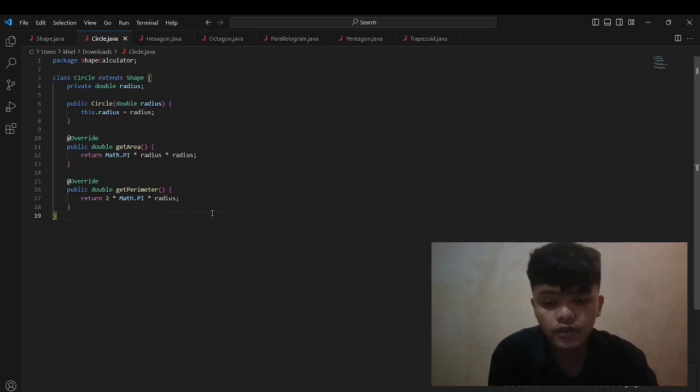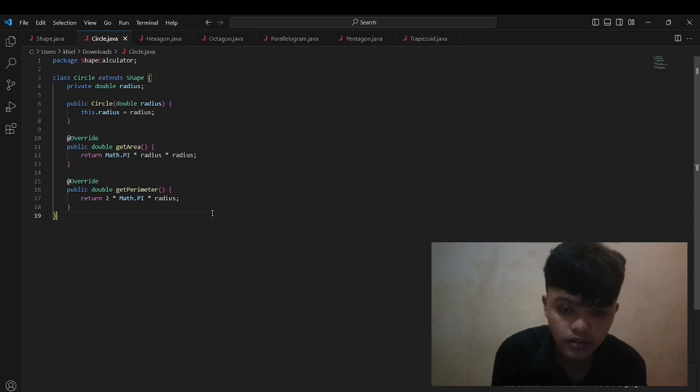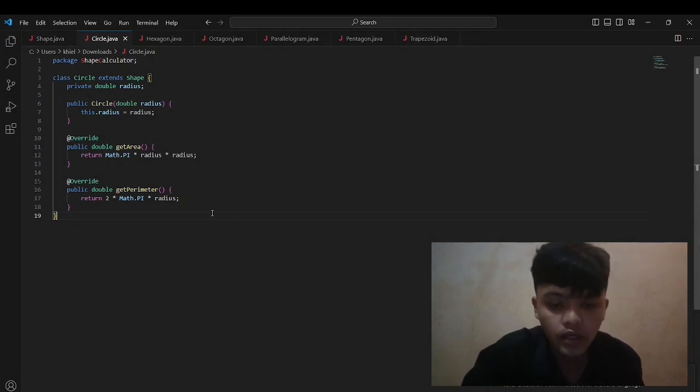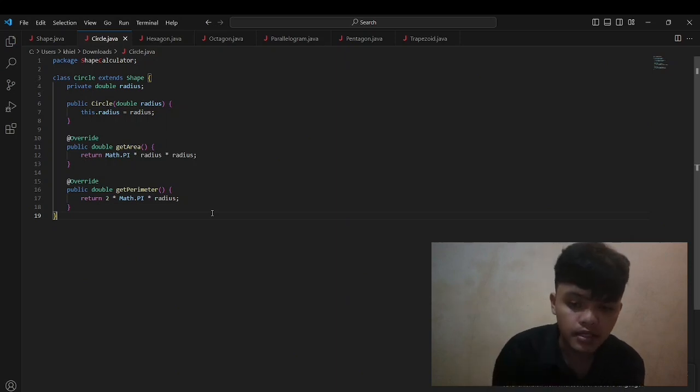In this code, the shape class serves as a blueprint for all shapes that will be a part of the shape calculator and enforces the contract that all shapes must have methods to calculate their area and perimeter. The circle class demonstrates how the methods are implemented for a circle. The use of Math.PI ensures the calculations use the most accurate value available in Java.